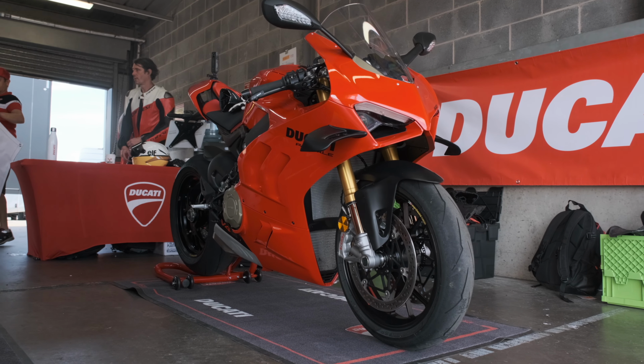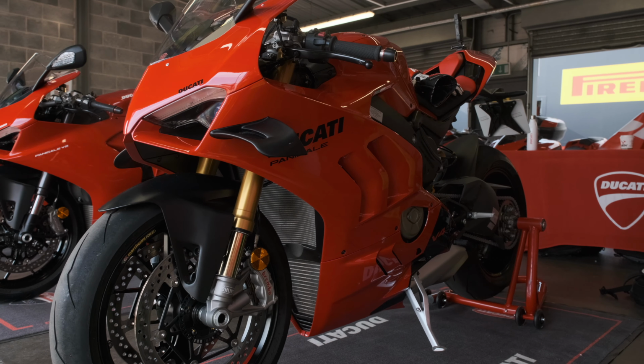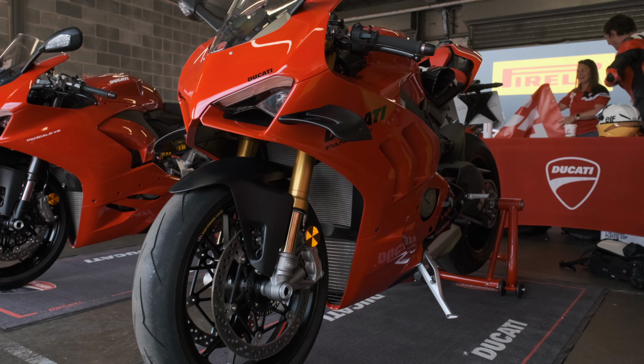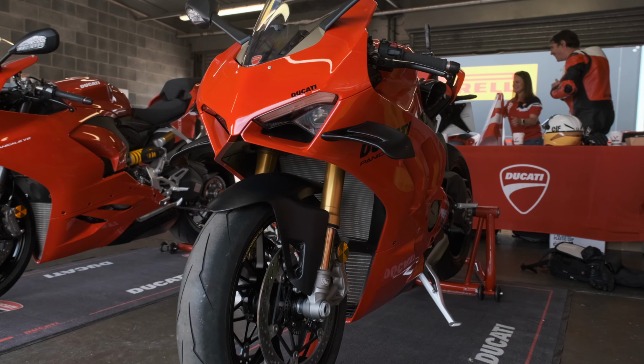You've got more revs to play with, changing gear less often. There's just less to think about, and Ducati says it keeps softening this off to make it easier to ride for novices like me, and you know what? It bloody is. So far, this is my favourite bike that I've ridden today, because it's easy, not because it's really fast. I'm probably going at the same speed as I was on the Panigale V2, but I'm getting less knackered doing it. Might be that I'm just getting used to it and my legs are limbering up. But so far, Panigale V4 might be my winner, which is good because it's really affordable at